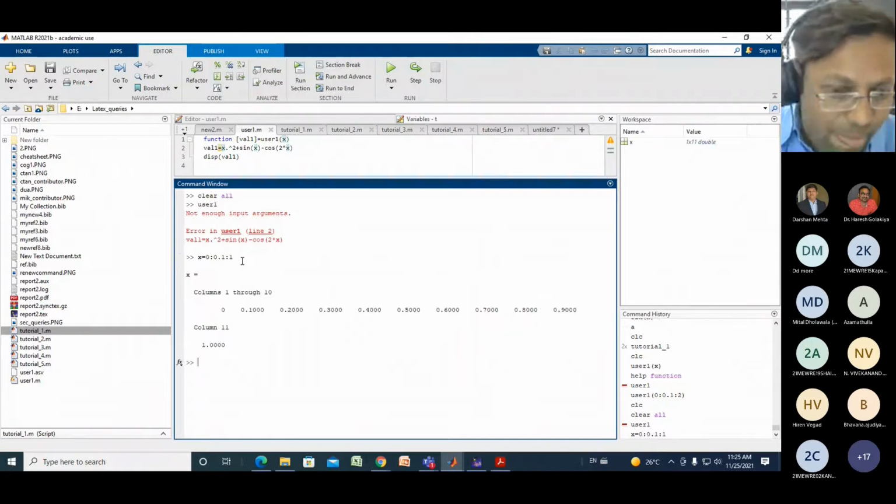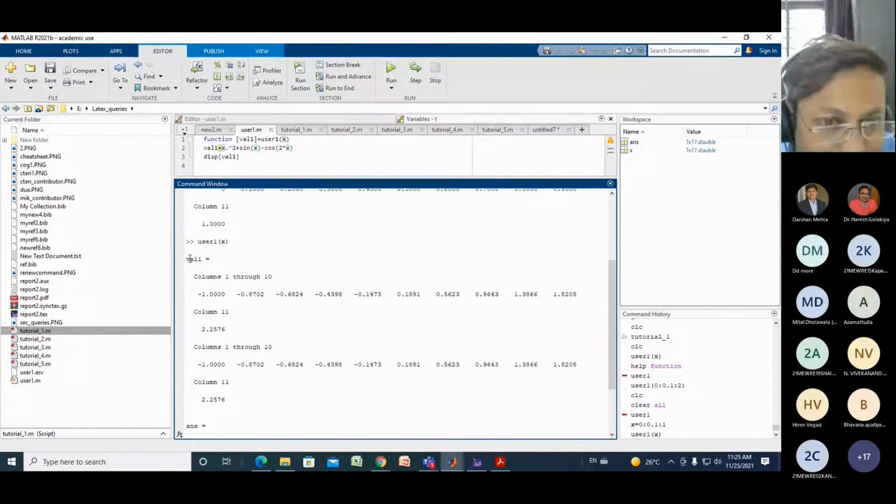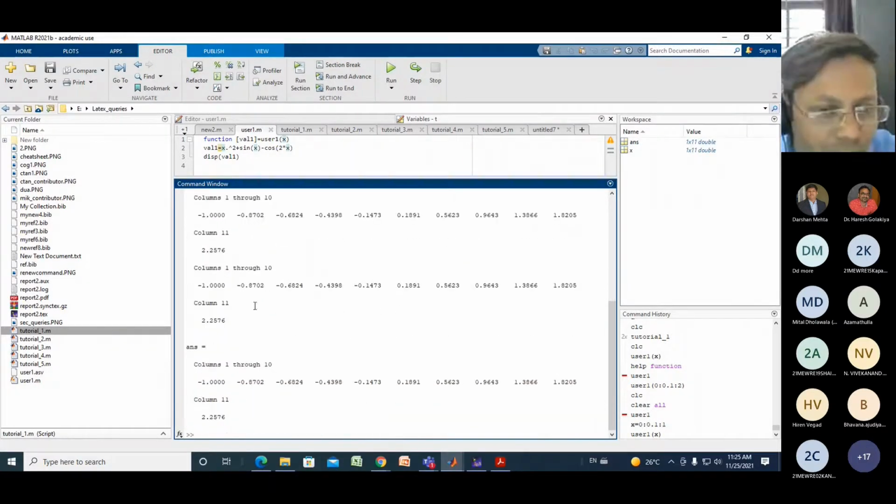So this is your value of x. Now you can run the function file user1 of x, and it will give the answer. One more thing: val1 is the value of the output that we are interested in, so you can see the output also. Now you can use plotting for the variable also.